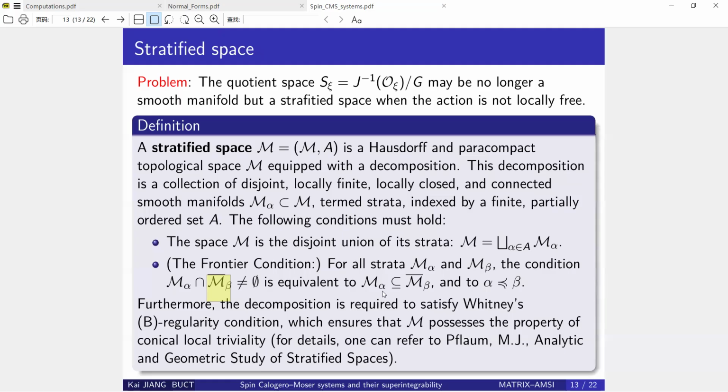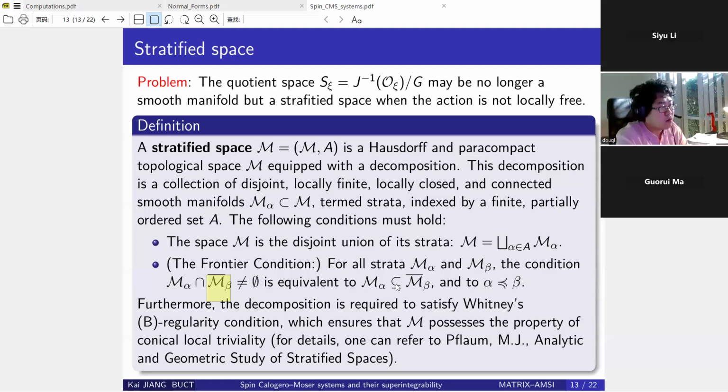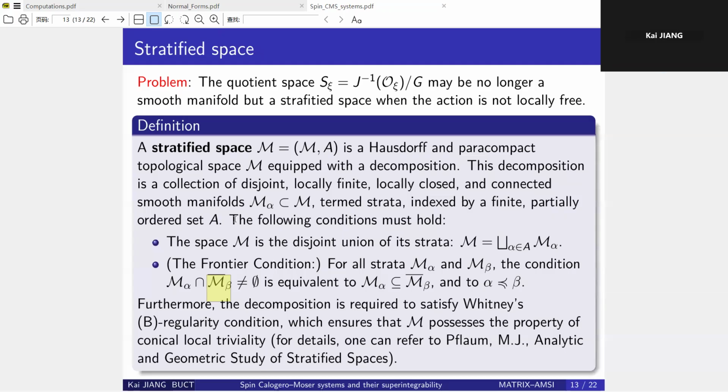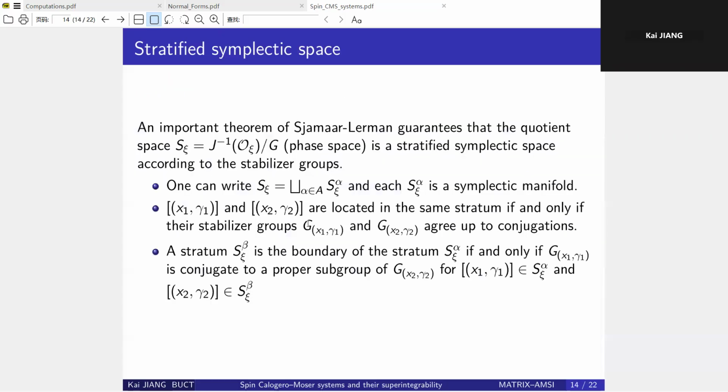We have that M alpha should be contained in the closure of M beta. Okay, we have this order. So we have this. You can consider that as a manifold with boundary, and then the boundary is a lower dimensional stratum. Okay. So what if this phase space is no longer a smooth manifold, but